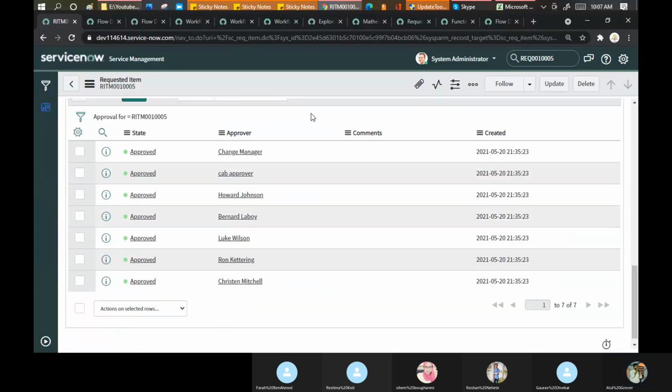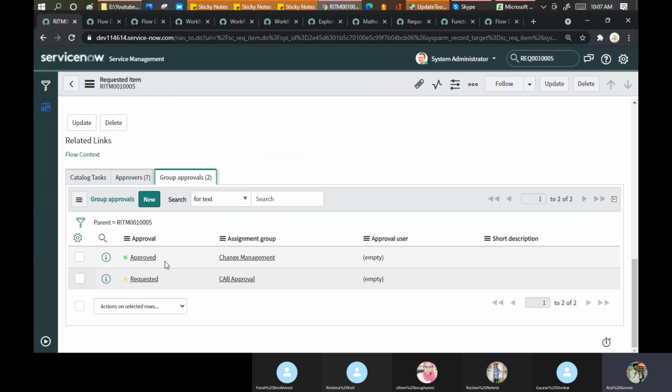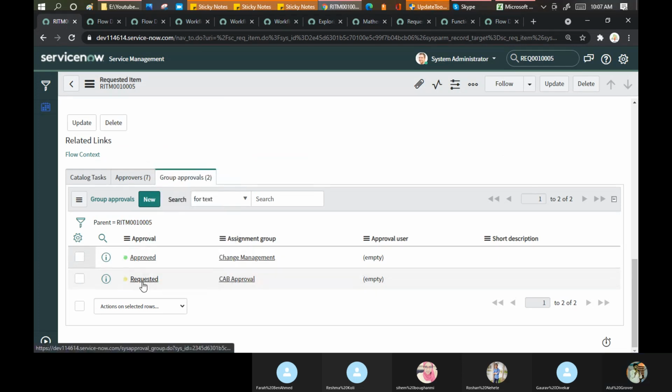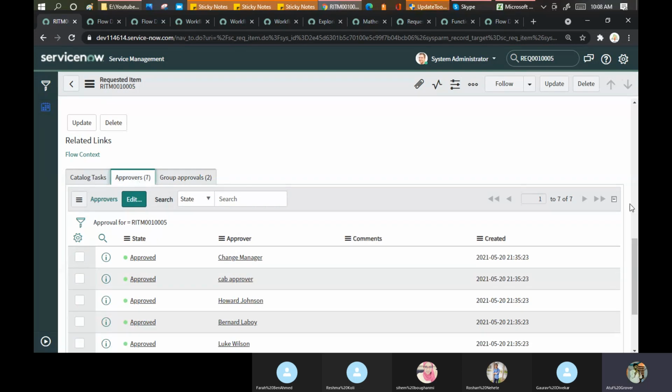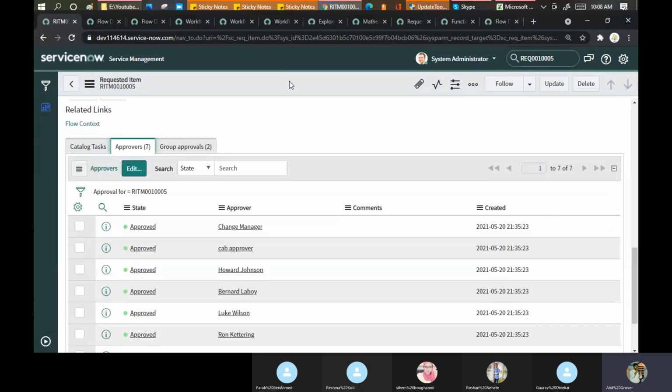Okay. It means we put something wrong. It is not triggering to the next level. Right? And it is still waiting. Okay, CAB approval requested. Let me approve this. If the new user has been added, no, then why is it not showing here?